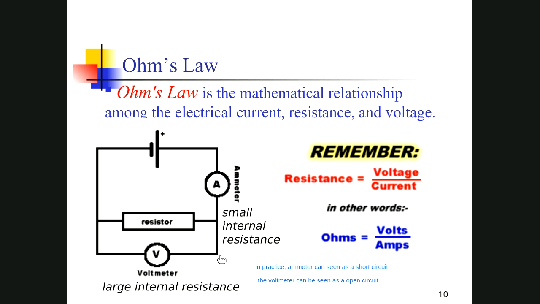In practice, when you analyze the circuits, the ammeter can be seen as a short circuit. That means the internal resistance can be ignored. And the voltmeter can be seen as an open circuit. That means it's just like open, and ignored. That's the meaning of it. But it is just used to read the voltage. Okay, in practice, as an engineer, you should pay attention to it. But when someone asks you to